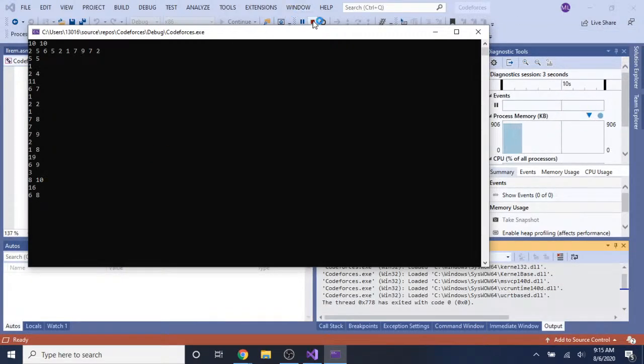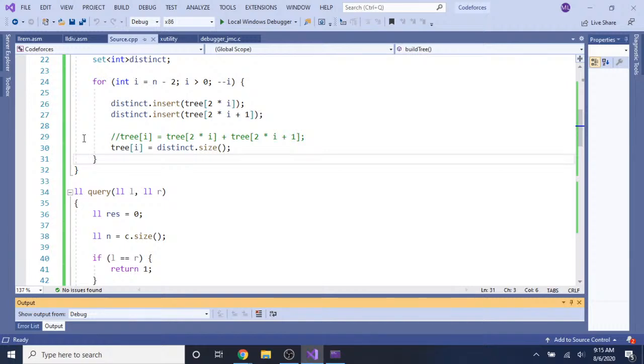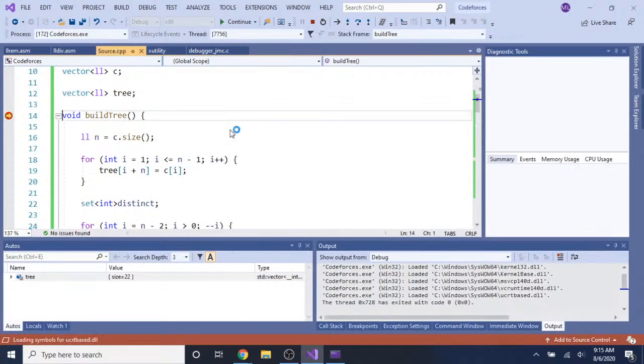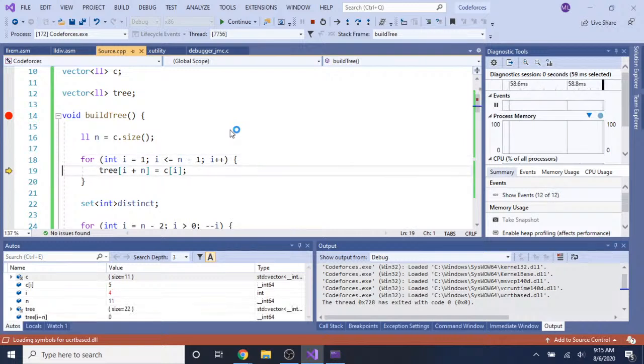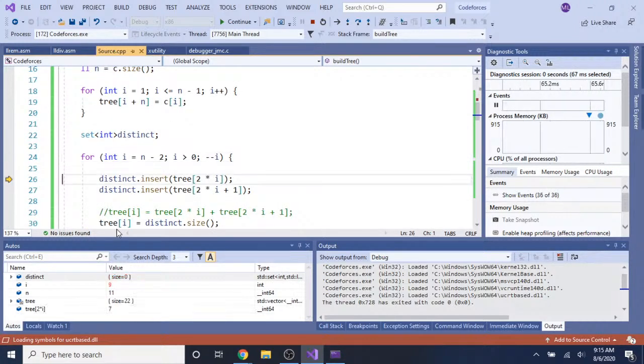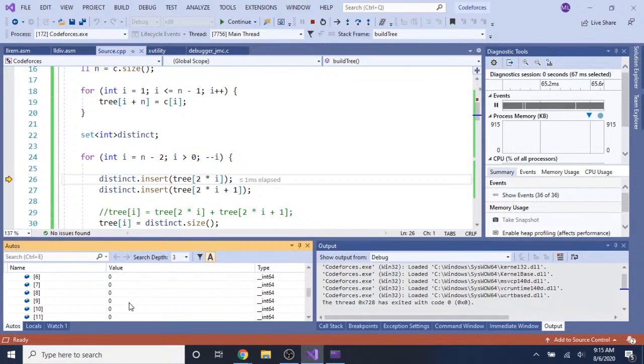We should actually do a build from here. Okay, so building the leaves is fine. Still taking a while to build the leaves. Okay, so let's see, from the range of 2 to 4, it should give us